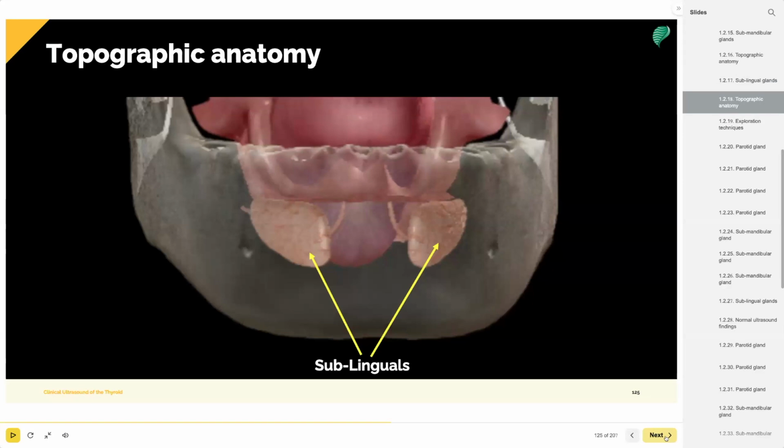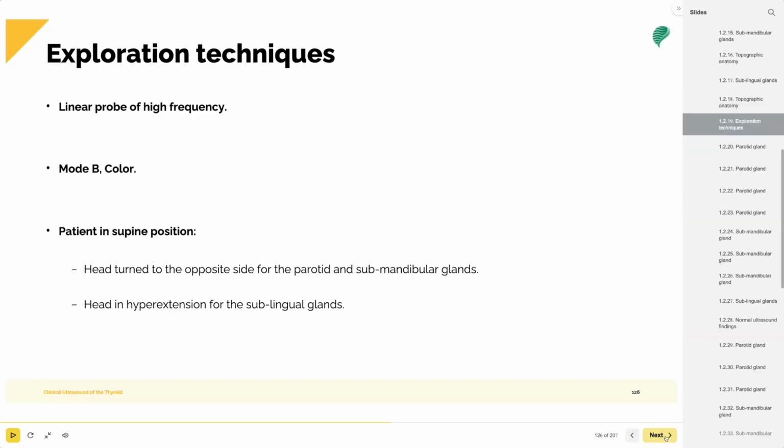This is the frontal view, which is presented here, and it shows the location of these sublingual glands beneath the jaw. Now we're going to explore more the exploration technique of the salivary gland. We would use a linear probe, high frequency. We would use real-time mode, which is B mode, and color Doppler, which is also very important to look for